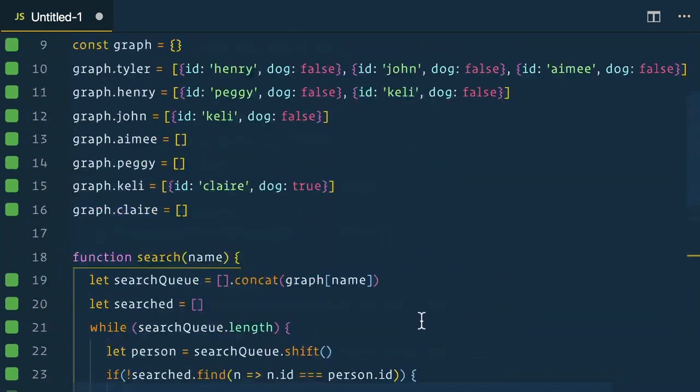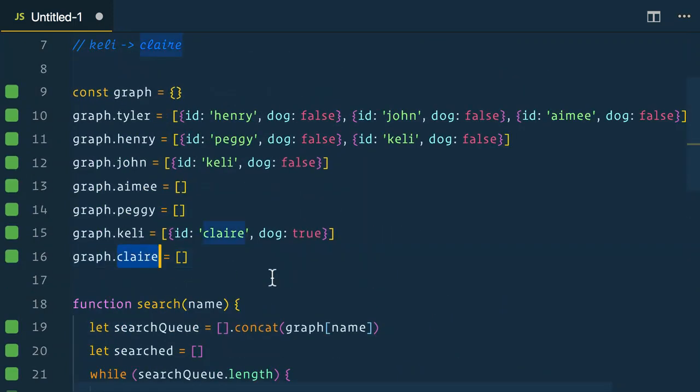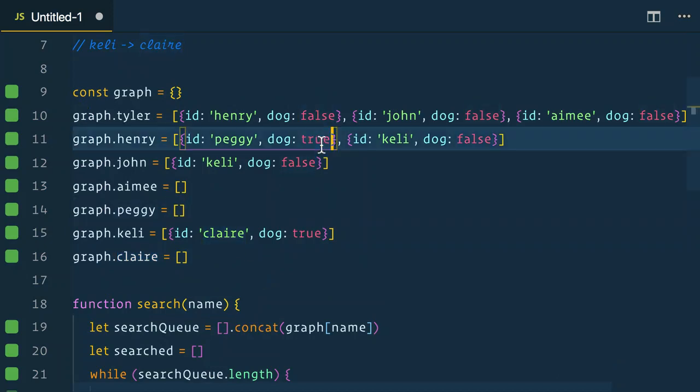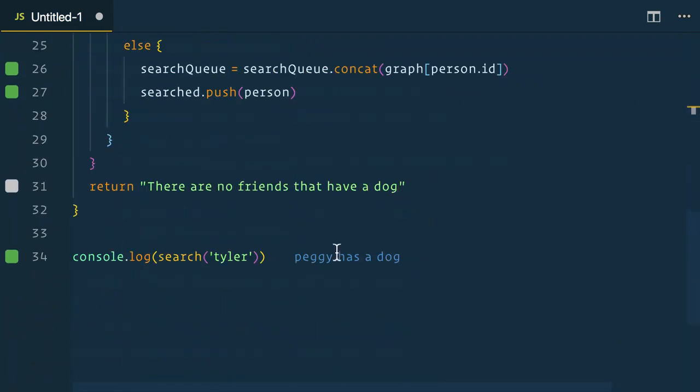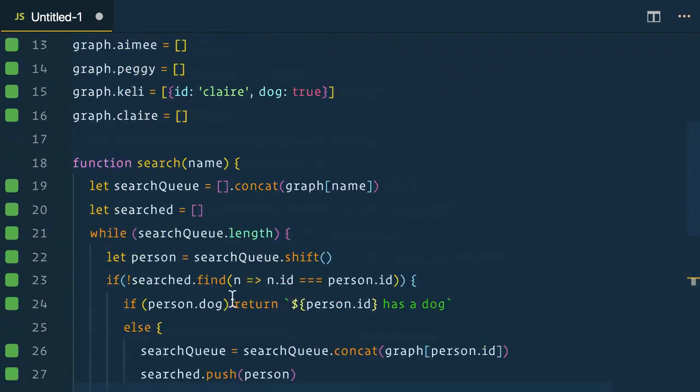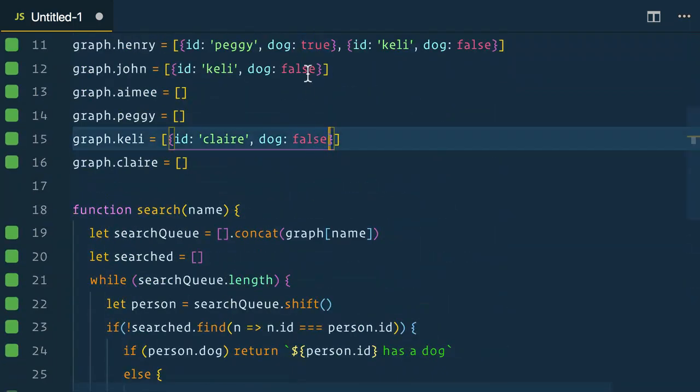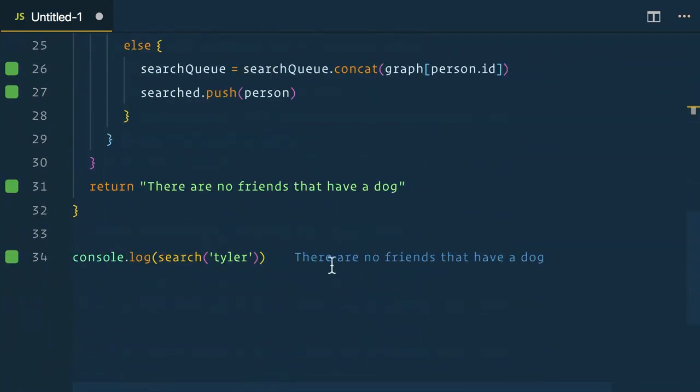We know that Claire is 3 levels deep. So if our function is working properly, if we were to change Peggy to have a dog, our function should return Peggy because it's my friend Henry's friend, and we see that Peggy is returned from our function before Claire. And if nobody has a dog, so Claire doesn't, neither does Peggy, then we should return there are no friends